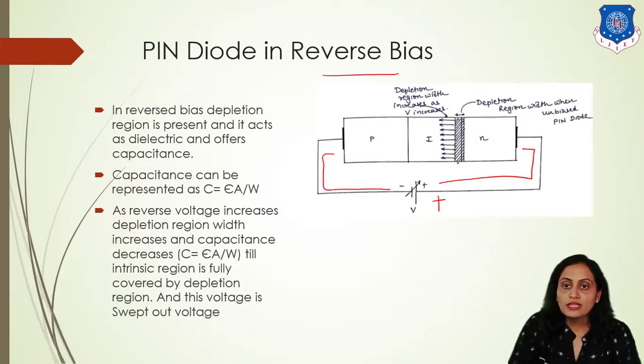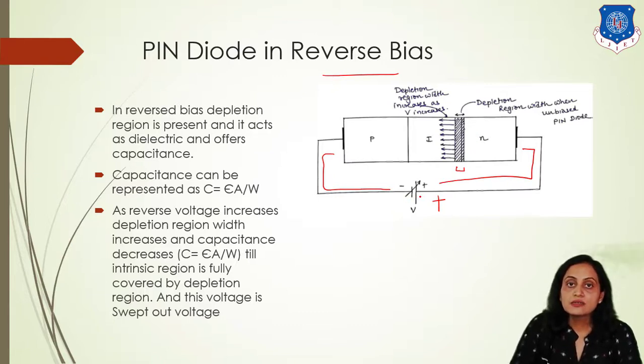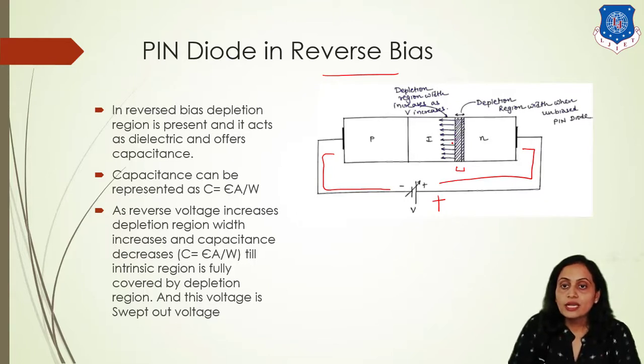Already you know, when there is no biasing applied, that means no external DC supply connected, at that time at the PN junction some depletion region was generated, and as you keep on increasing this reverse bias voltage, this depletion region width will get increased, and the maximum penetration of depletion region will be in the I region, because N is having the larger doping and intrinsic material is not having any doping.